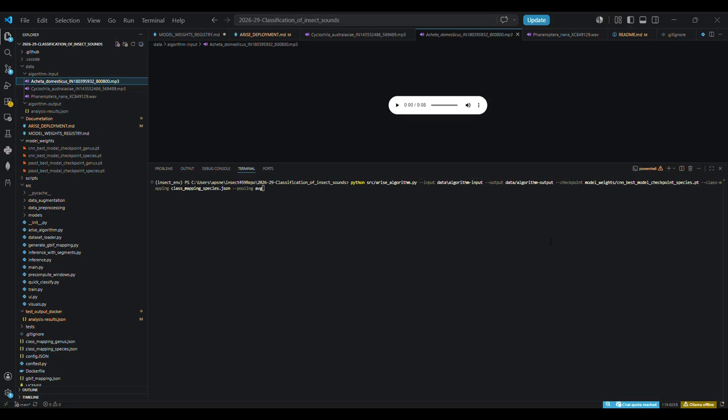predictions. Here in the top left corner, we see that we have some acoustic WAV files or MP3 files collected in this algorithm input folder. After the researcher downloads the correct model weights and the correct class mappings, the researcher will be able to run the following command, which allows the researcher to specify the input file, which is this one, the